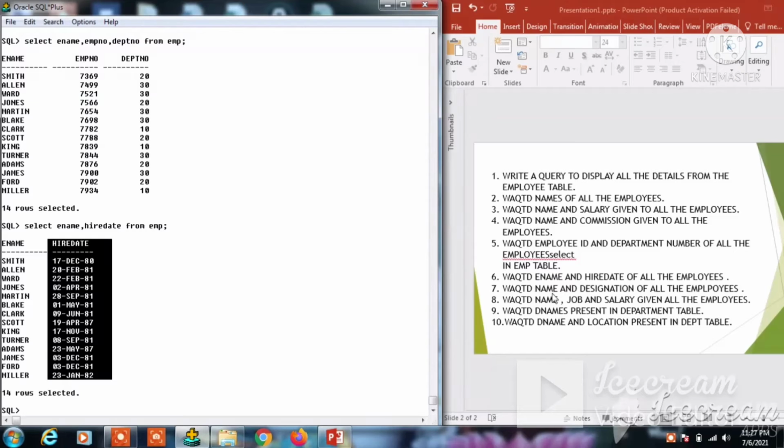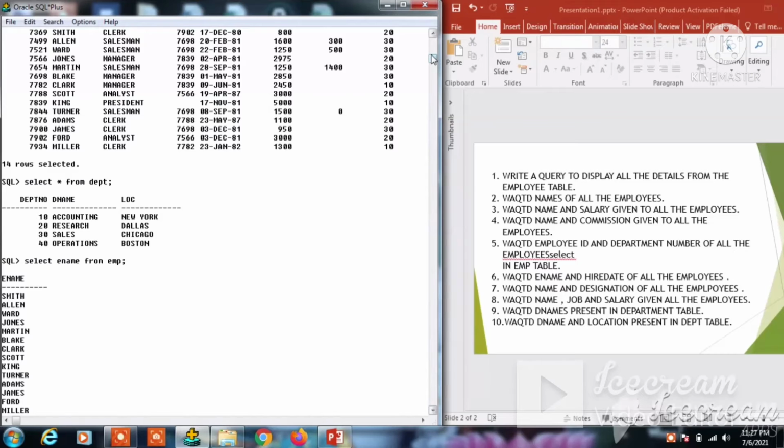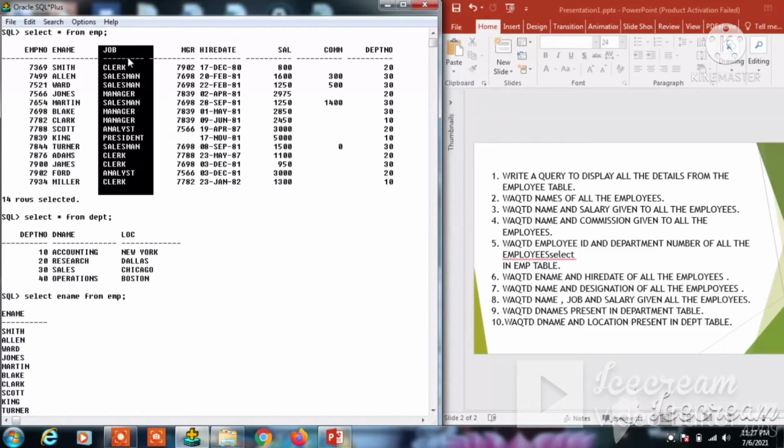After that, the name and the designation of the employees. Select employee name and their designation, which means job. The designation column name is job.